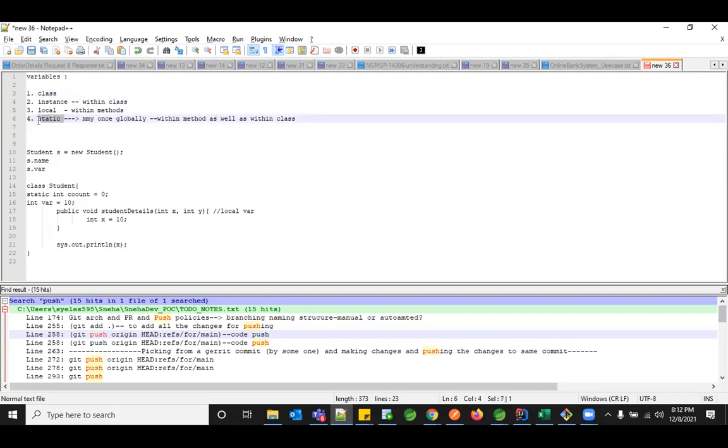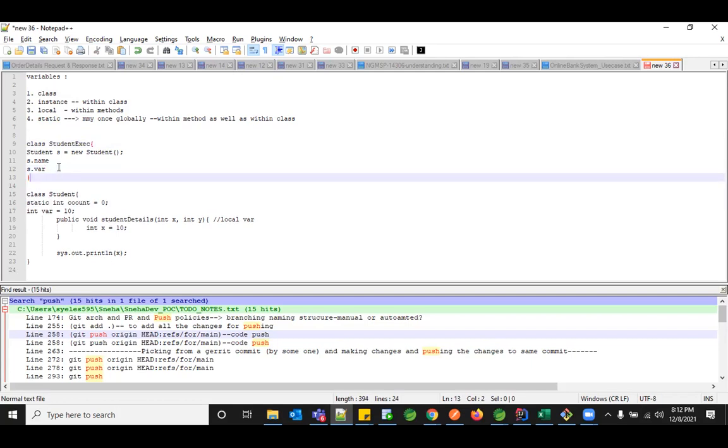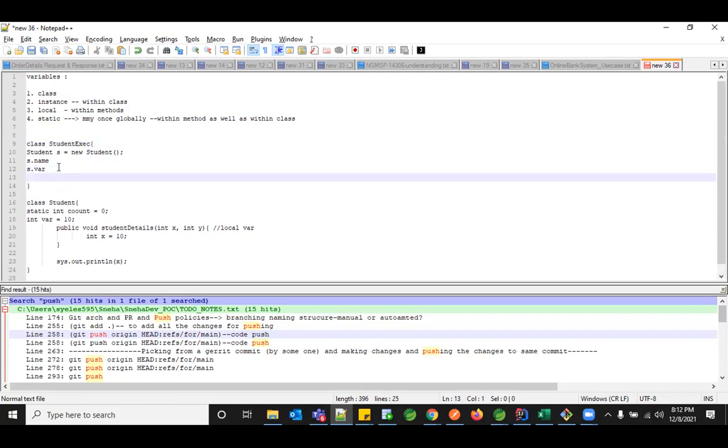So most probably this static also falls into class variables. So when you have a static count, right? Suppose this is in another class and I'm trying to call it in the class StudentExecution. This is my other class. If I'm trying to access that count, how can I access it? Since it's static, I just need the class name dot count. That's it. So these are class variables. Basically the static variables, if you're invoking them in a different class, are called class variables.